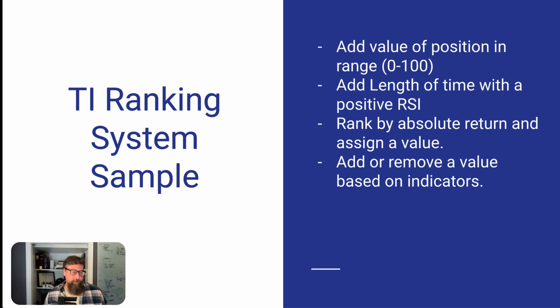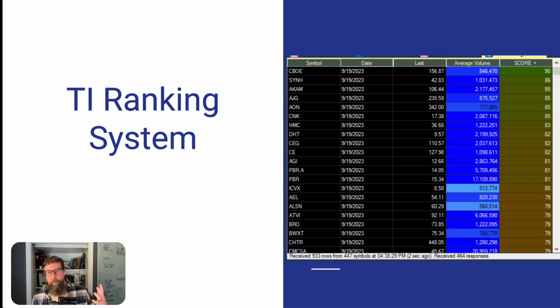So how do we do this? Again, I want to teach, and then I'll show you guys the system after that. So how do we do this? We basically took all of the concepts that I've talked about before and we put them together. We took the position, the value of the position in range. We took the length that the RSI was not able to get oversold. We ranked by absolute return. We put in a whole bunch of indicators like, is it above the 200-day moving average? Give it a couple points. Is it above the 50-day moving average? Give it a couple points. And then we rank every stock in the market by this system that we created,